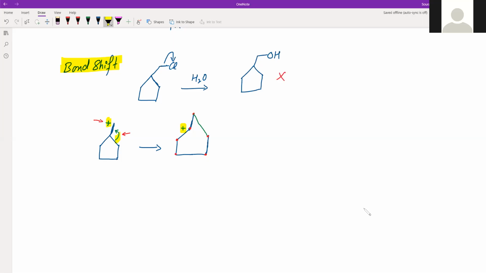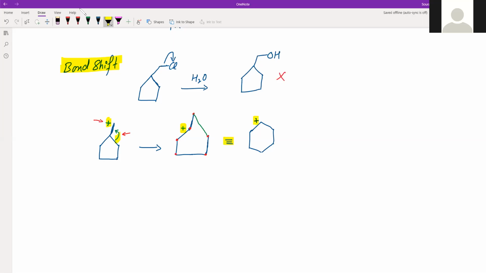What we see here is something like this, and now this structure is having strain in the bond. Bonds are not spread in the way that it can avoid the strain. So in order to avoid strain, this bond will again rearrange, and as you can see here, now it's a ring with 6 carbons, and that's why it will change to another geometry where it will form a hexagonal ring. So now the strain has gone, but there is still this carbon with the positive charge here.